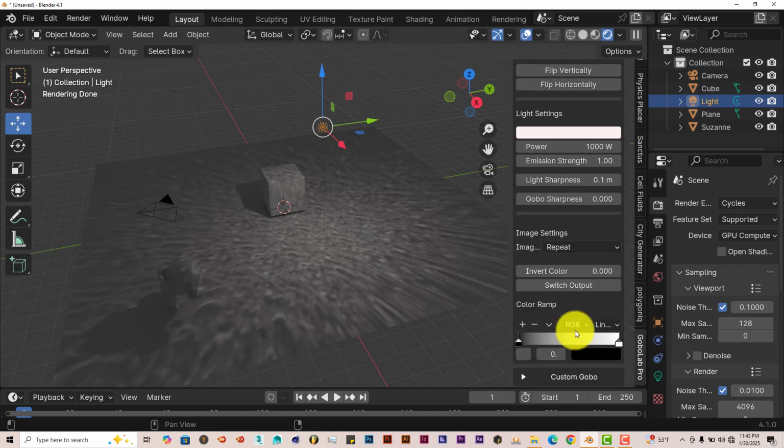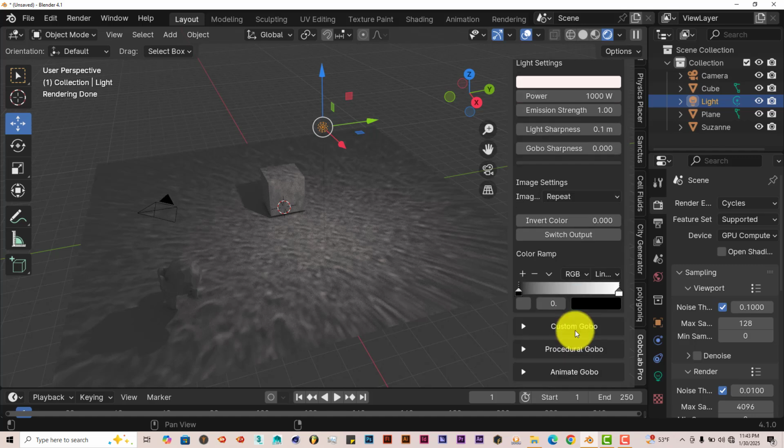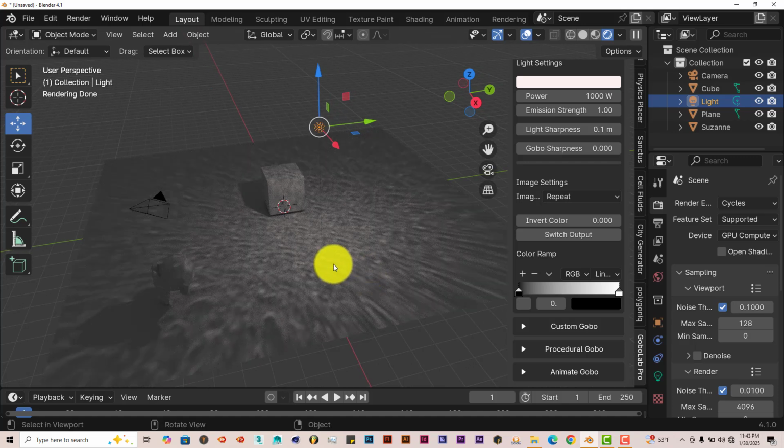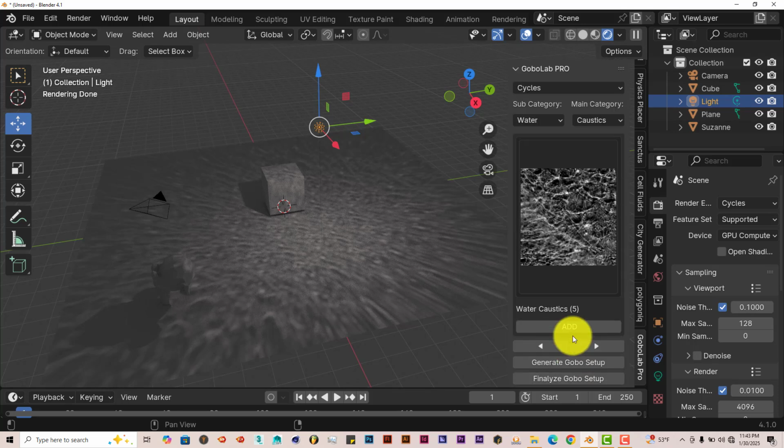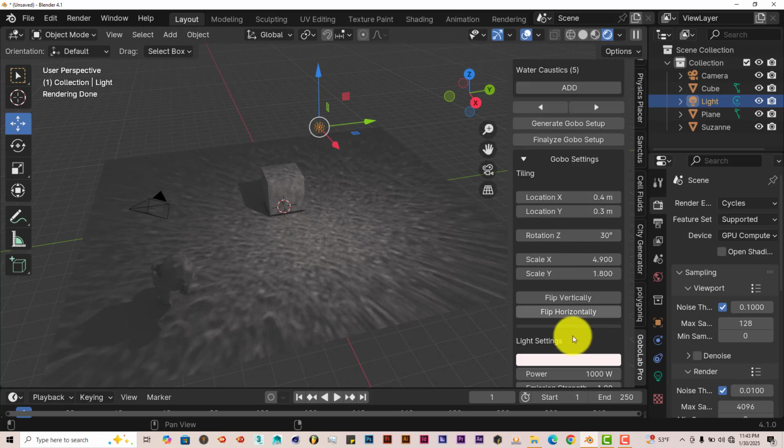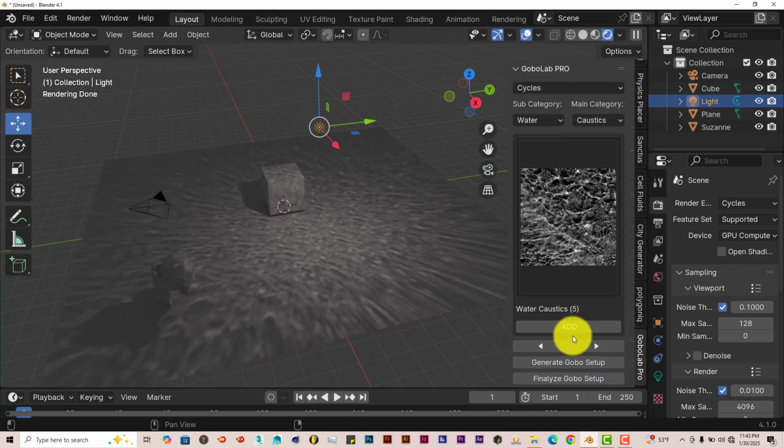You can actually import also, because that's further down. You can import your own texture into the add-on and use your own textures to cast shadows on your models. Also, that's great. It's just got a lot of parameters in it, a lot of things that are just cool about it. Now, if we go down to